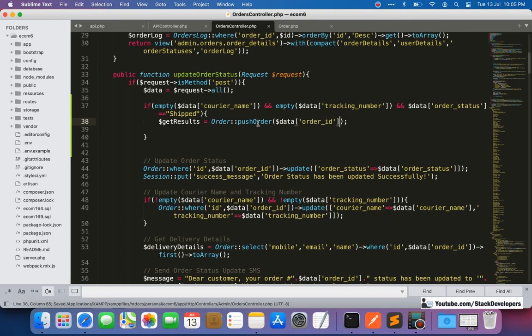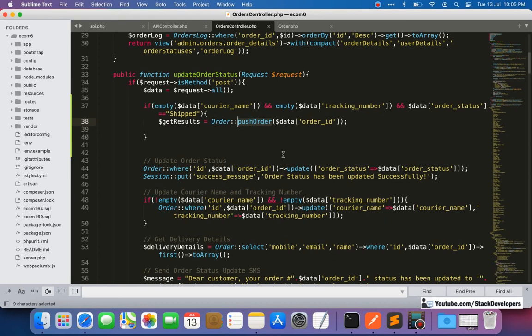Now we are not required to create the complete push order functionality. We already have the common function that we can use anywhere in the website, so we simply call that function to push the order.